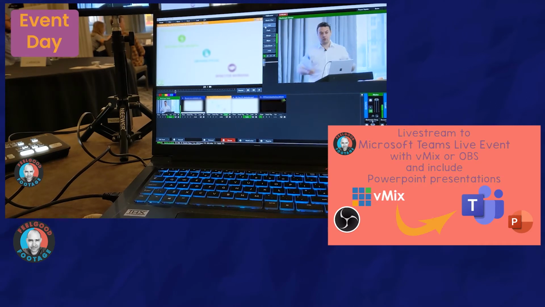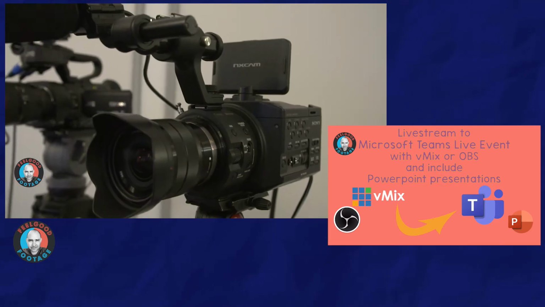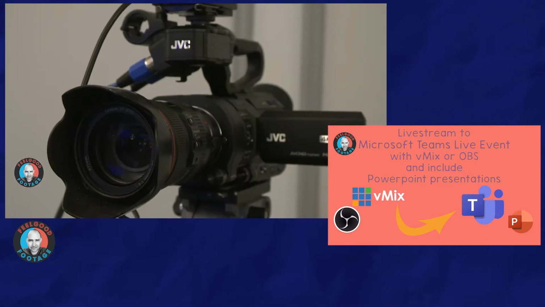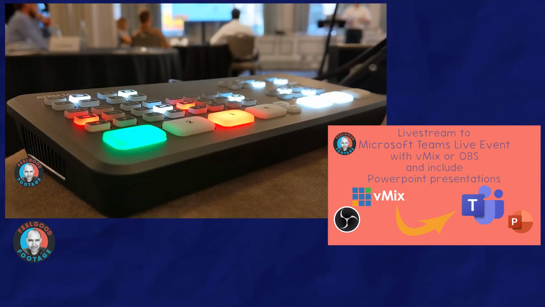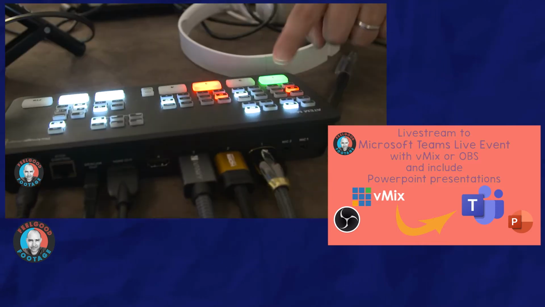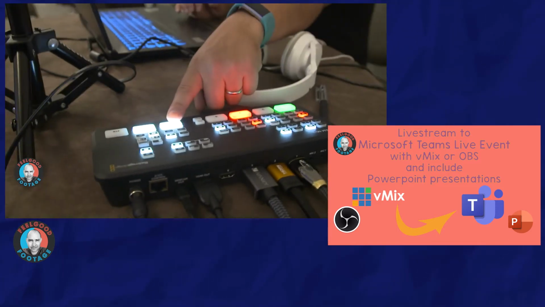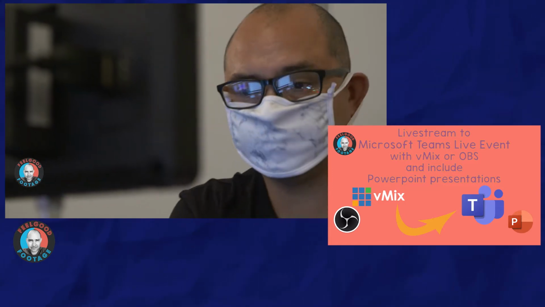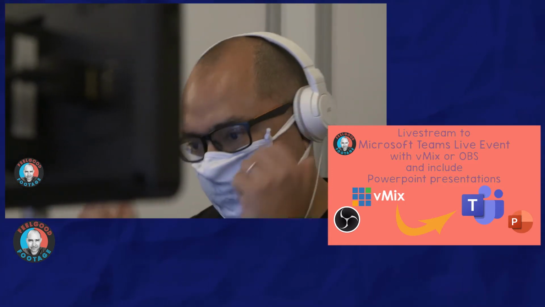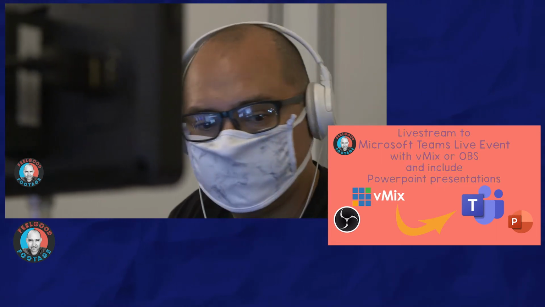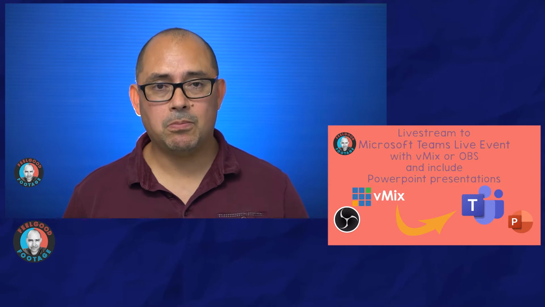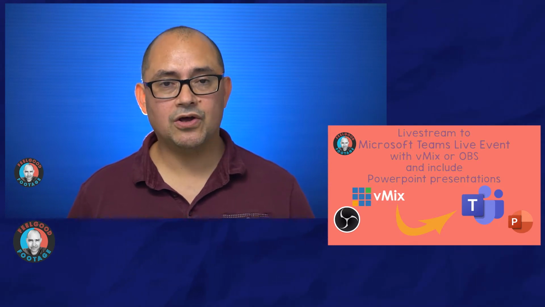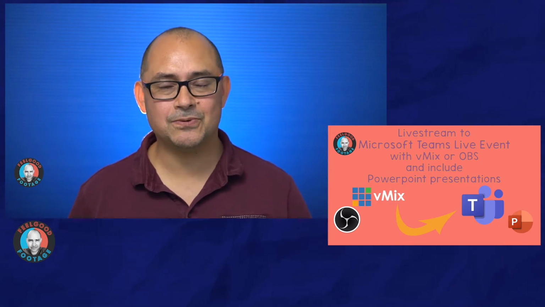Also, as I say, my exposure to Microsoft Teams live event came through a recent client booking, and I've already produced a very comprehensive clip about that particular case study. On that job, I used the GY-LS300 plus two other cameras, fed them into my Blackmagic Design A10 Mini and then vMix, which I used to encode and stream to the live event. So that clip discusses in great detail that workflow. If you use vMix or OBS, then maybe watch that clip for lots more information.